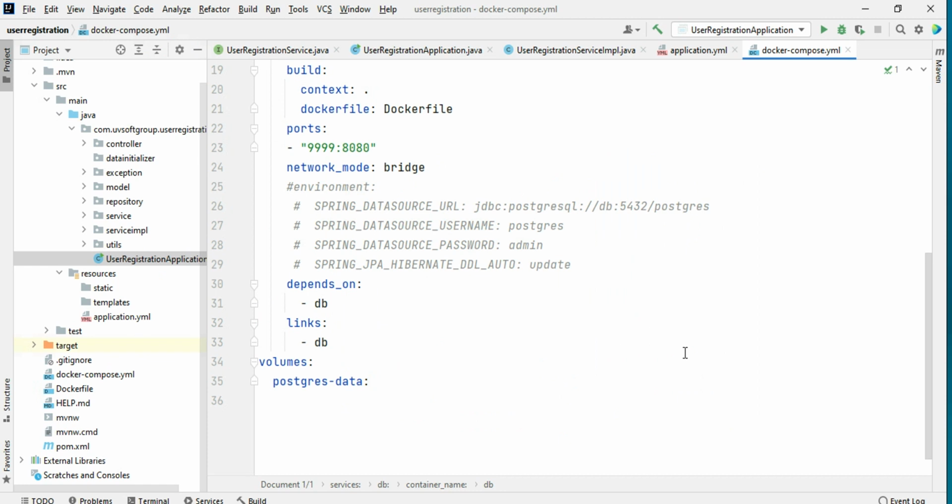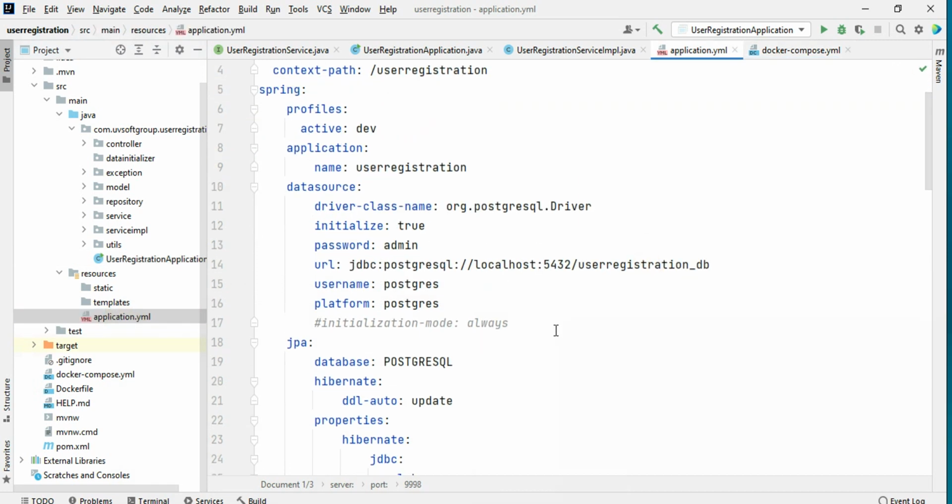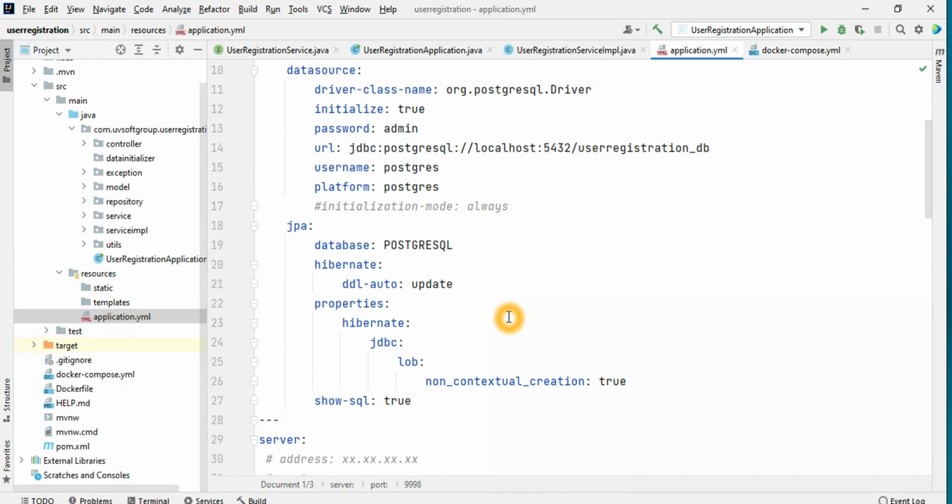Let's discuss a little bit here in the project part. If you see the projects, I have different projects. I have very simple projects that have only the simple application YAML files. That means there is no version control system for the database, no data migration tools like Flyway or Liquibase.